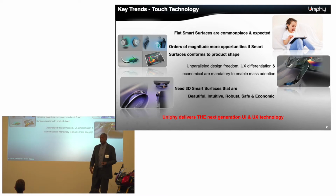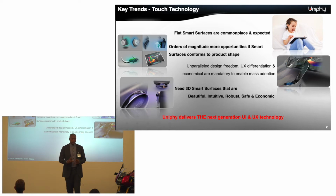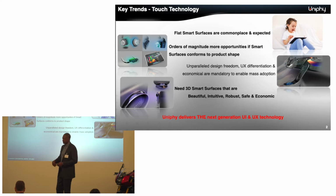From our point of view, there are at least 3 reasons why there isn't that ubiquity. And just to give you a sense of what I'm talking about, you're in a car, you see all these sculptured surfaces in the car. Any part of those surfaces could actually be intelligent as well as aesthetic, okay? But there are probably 3 reasons why you don't see the pervasion of smart surfaces within vehicles, in furniture, in home appliances, etc. And that is restrictions on design freedom,